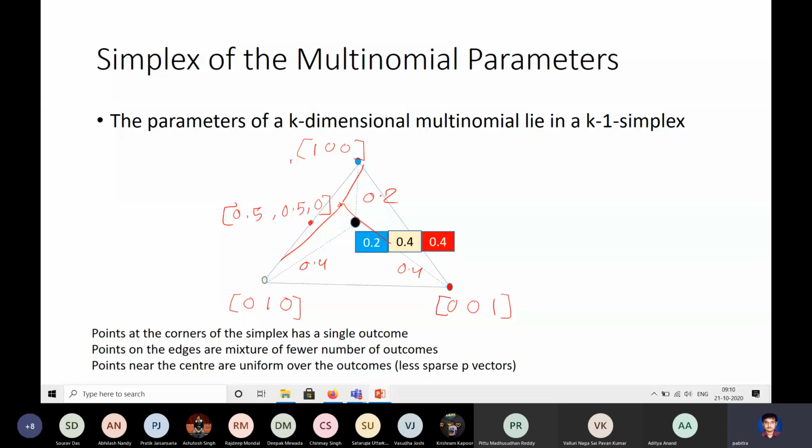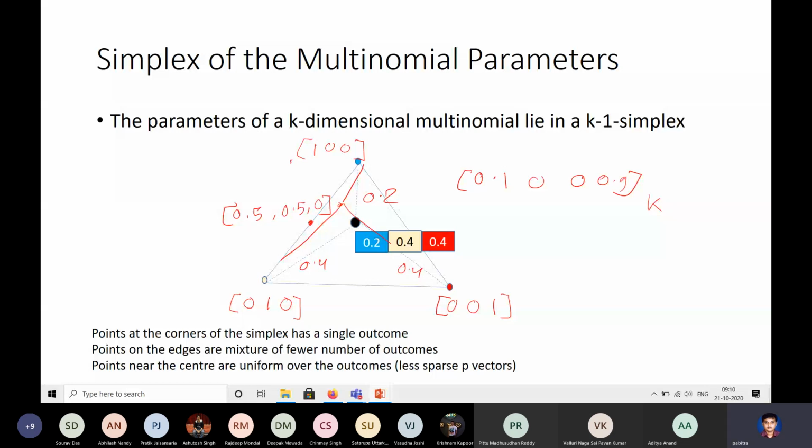Now let us consider. So this is clear. Note one thing, that some properties are there. If you have a k-dimensional multinomial, and most of the entries of this multinomial are 0. Note that k is 3 here, that's why it's not so visible. But usually k is the number of topics or number of words, and those are really, really high. You remember it's a beta vector, which is the number of words in the vocabulary. It's a theta vector, number of topics. So these are really, really high dimensional simplexes.